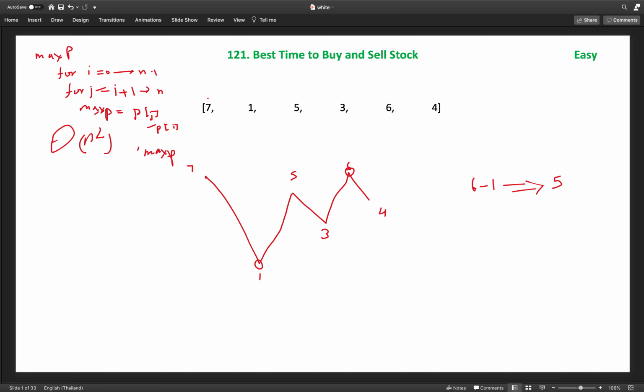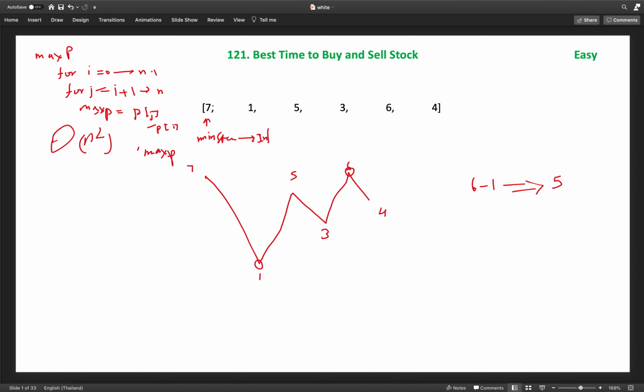First of all, we will start from here and keep one variable, the minimum so far, which will track the minimum stock price, and we will start it from infinity, basically integer max value, and then compare with this and try to get the maximum profit.